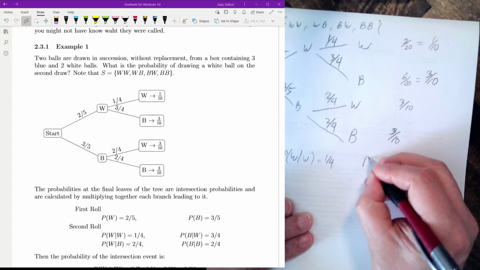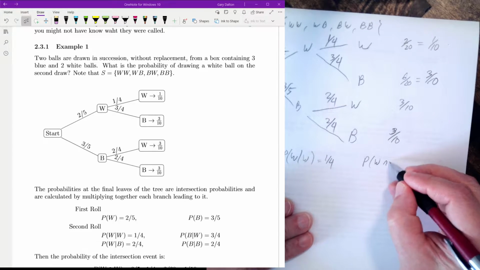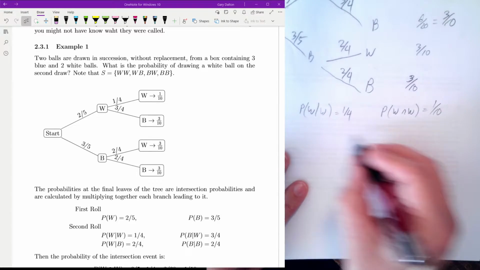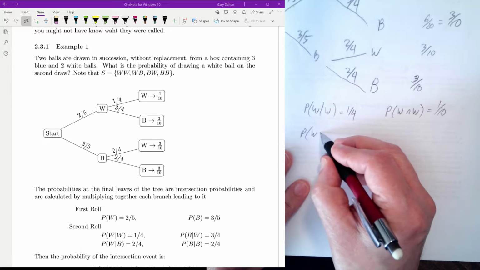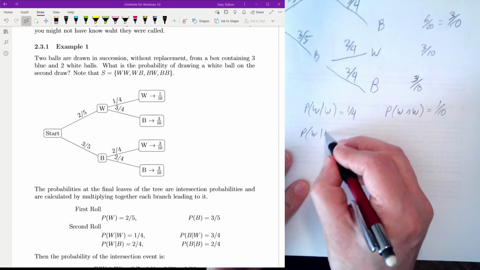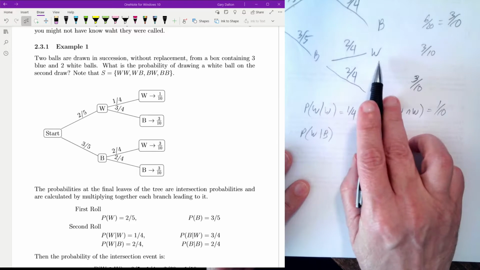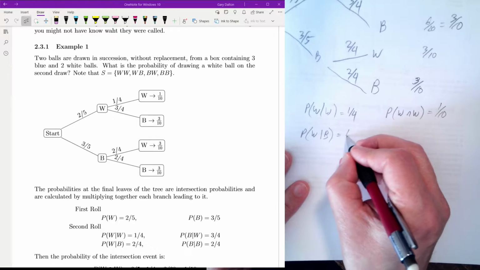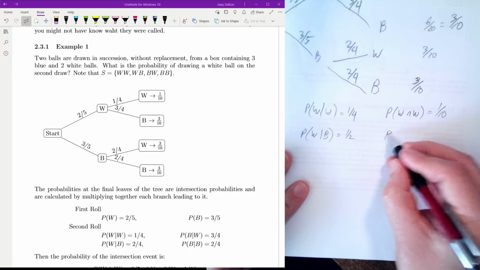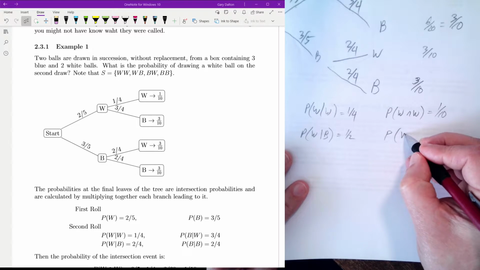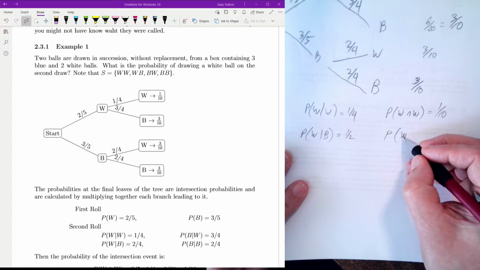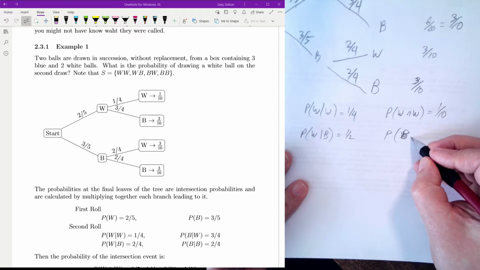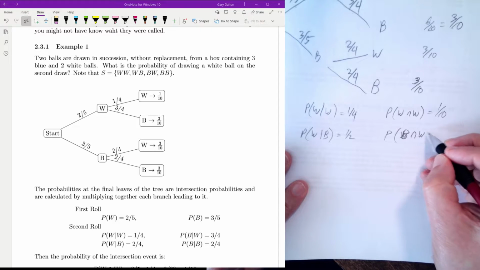The probability of white intersect white is equal to 1/10. Probability of white given blue, so that would be the second one, is 2/4 or 1/2. And the probability of the first one being blue intersect white